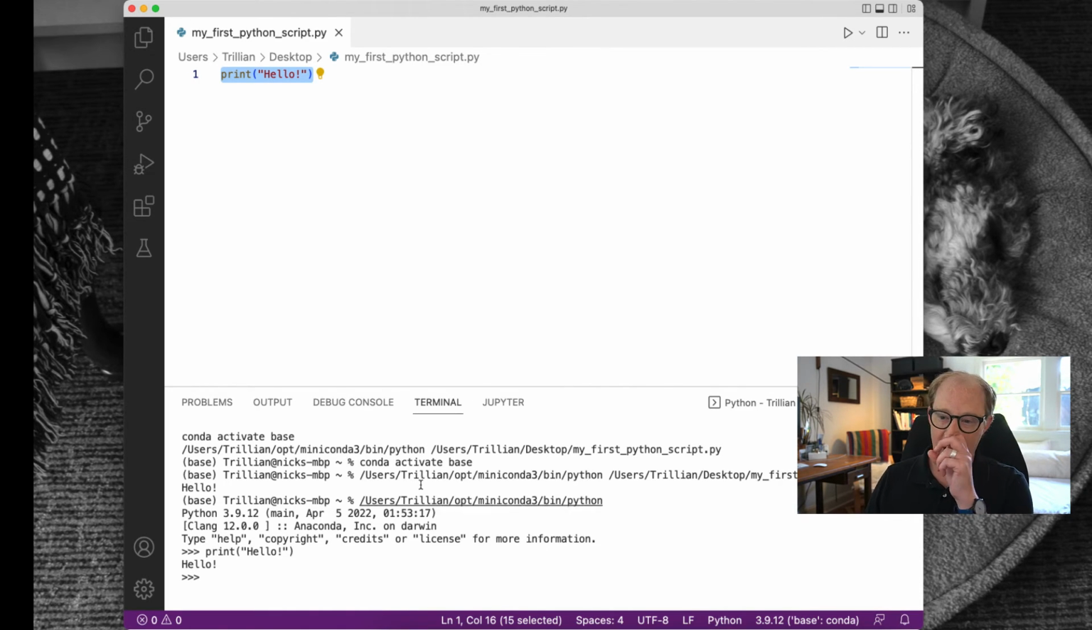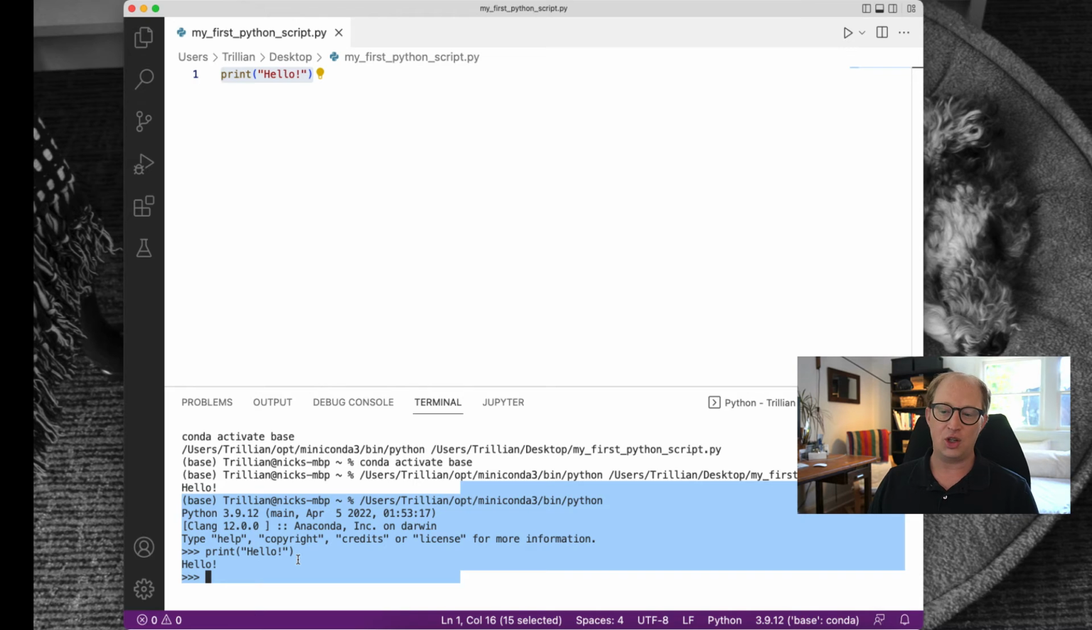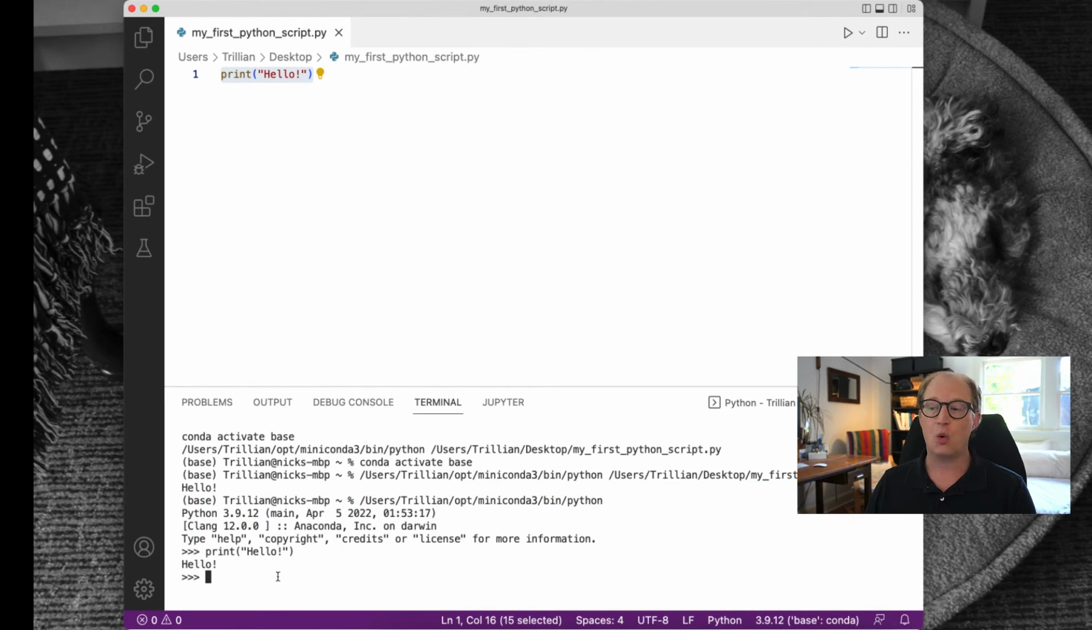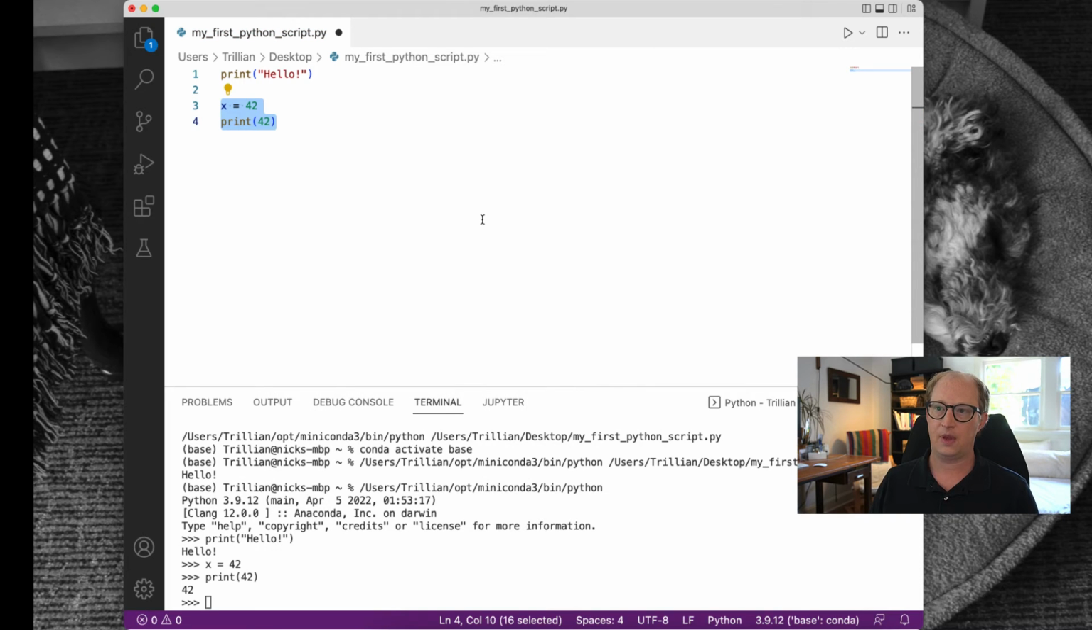And what happens now is we are going to open up a session of Python and execute our code in that session of Python, but leave the session open. So we're now in an interactive session for programming. So if I were to say x is equal to 42 and then print 42, and I were to highlight these two lines of code and hit Shift Enter, you can see they're now appearing down here in this interactive